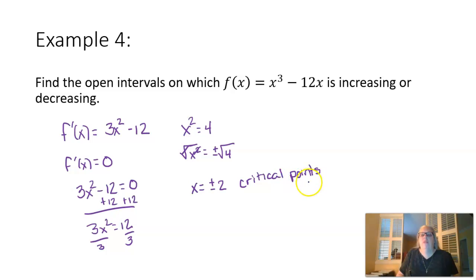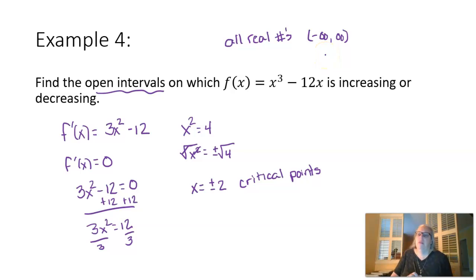Now, we have to figure out what these actual intervals are. Remember, all real numbers has the interval going from negative infinity to positive infinity. But the idea here is that our critical points are going to break apart the all real numbers interval into, I guess, subintervals or multiple intervals. And so we're going to have to use negative 2 and positive 2 to break apart